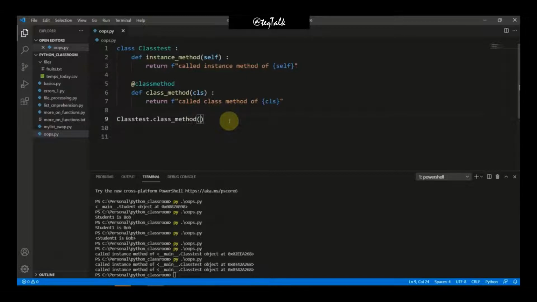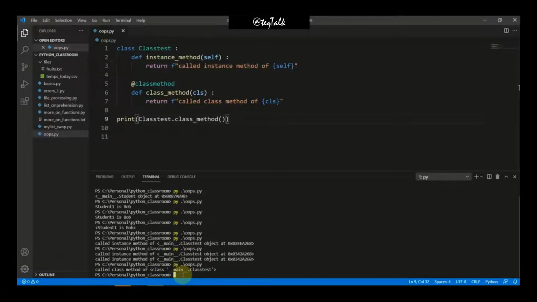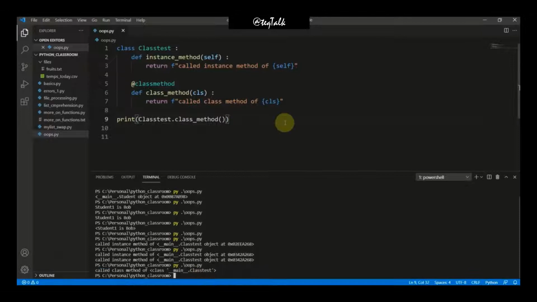And now if I save it and print it here, and run it, you will see the output is "called class method of this class Test". That means CLS is representing our class Test. Now the next one is called static method.